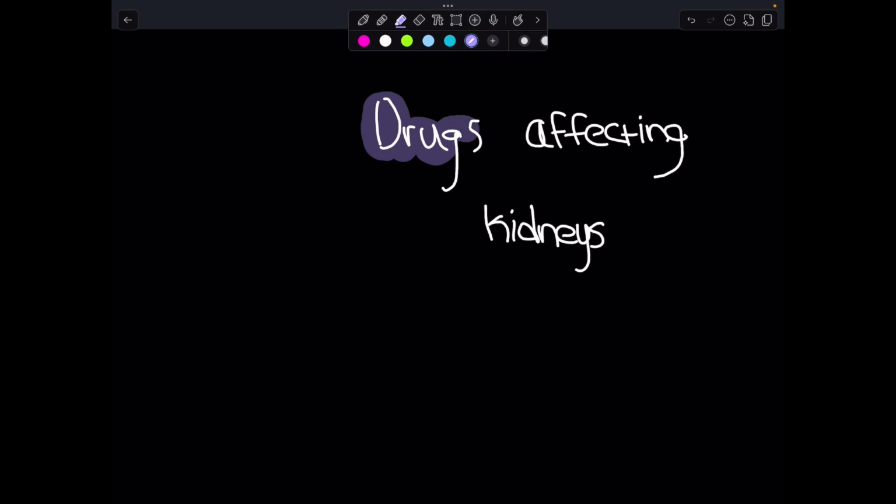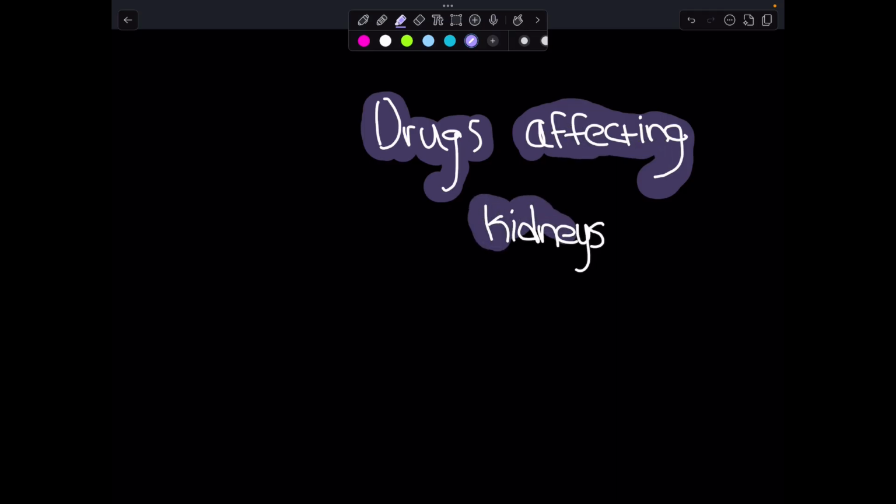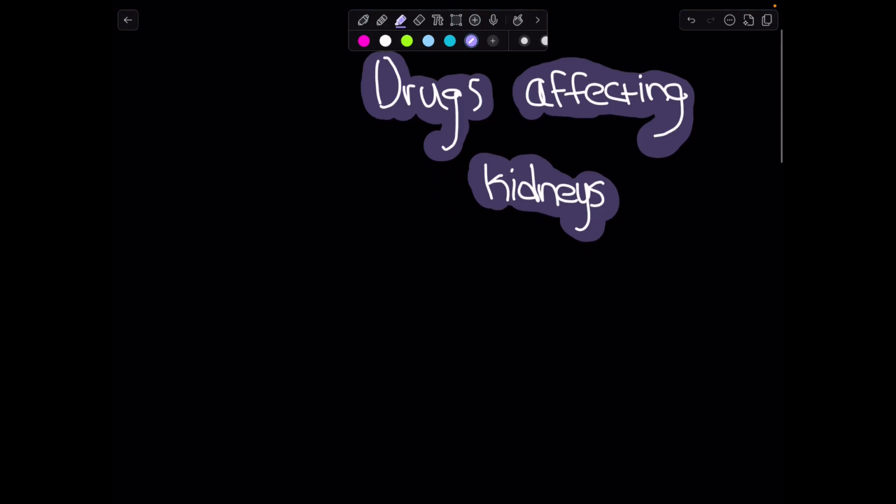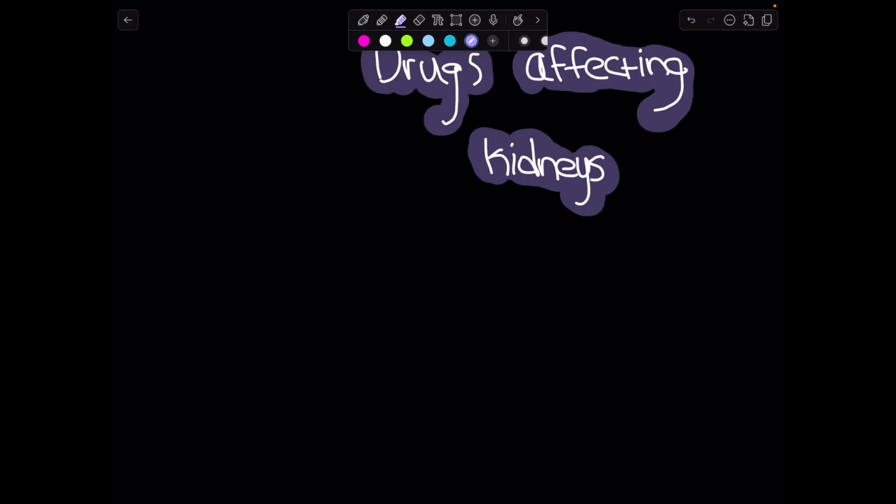Got it. Straight to the point. Drugs that affect the kidneys include ACE inhibitors like lisinopril, which reduce blood pressure by blocking angiotensin II, preserving kidney function in diabetes but risking acute kidney injury if overused. Anti-cancer drugs like cisplatin, which can damage kidney tubules, causing nephrotoxicity, and NSAIDs like ibuprofen, which reduce blood flow to the kidneys by inhibiting prostaglandins, potentially causing